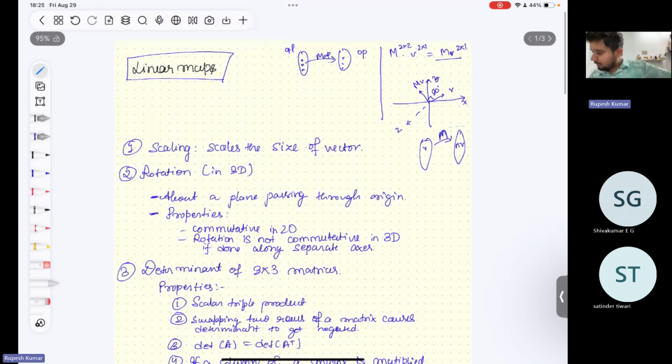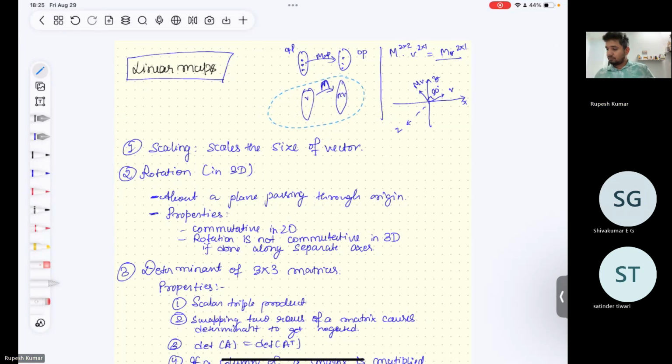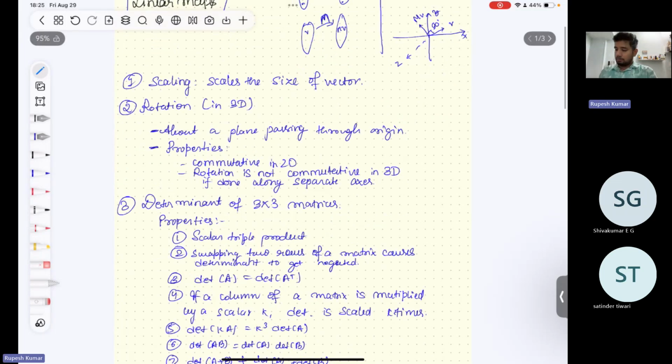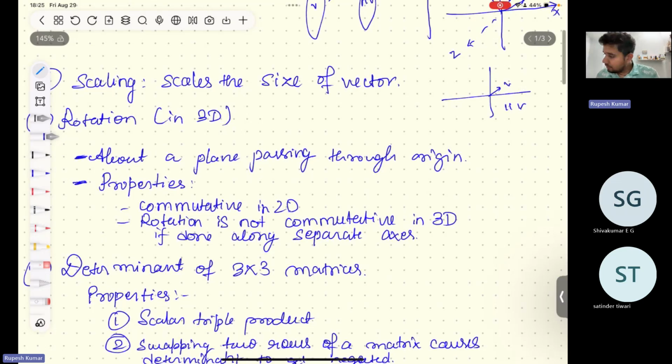Right. So we saw how matrix vector product is a linear map. Now let's start with the most basic linear operation that we can do. One is scaling matrices. Let's say you have an initial vector v such that the norm of v is 1. Then, if I have a scaling matrix that scales its magnitude by 2 times,